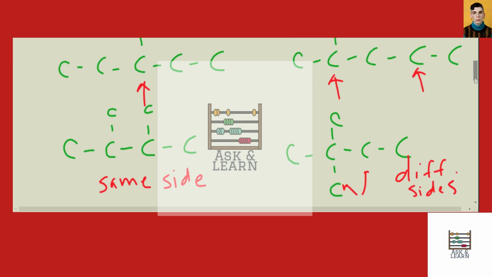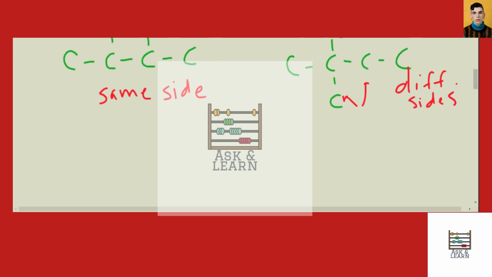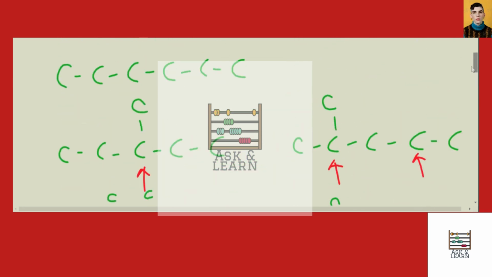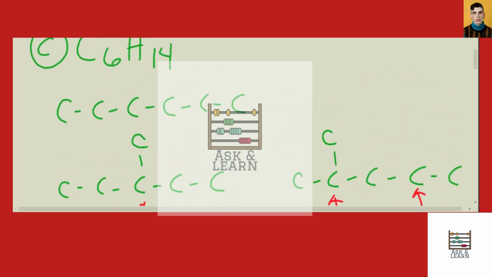Okay, and it doesn't really matter. So total, there are now 5 isomers. If we do 3 on 3, that would actually not be feasible for this particular